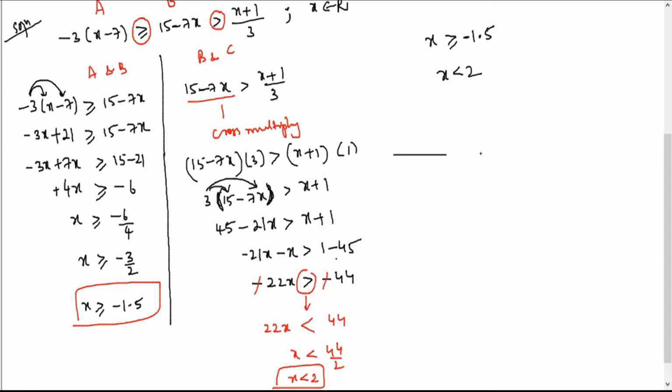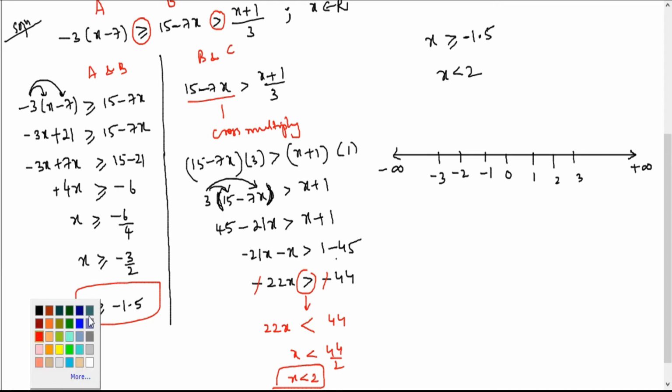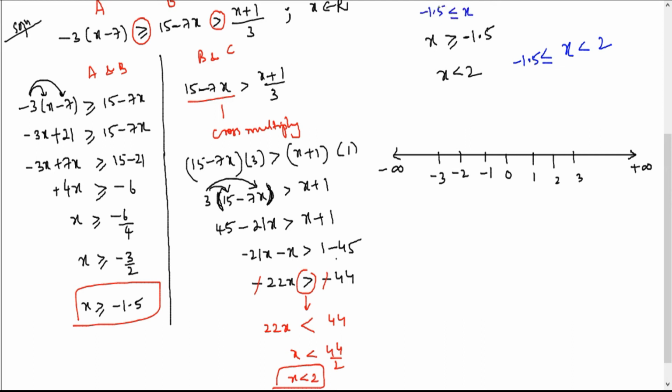You need to draw the number line, and we have to draw for the values which are shown here. So let's start. X is greater than or equal to minus 1.5 and x is less than 2. This can be written as: x is less than 2 and it should be greater than or equal to minus 1.5. I have discussed this one earlier also. Which side is the crocodile mouth open? Towards x. So can I rewrite this like this? This is how I combine both and write this format. So this is my solution set actually.